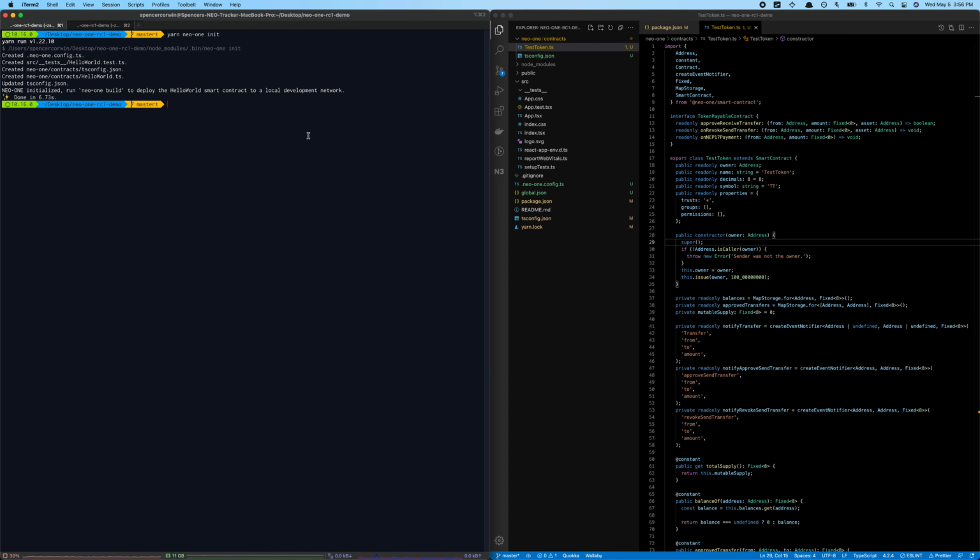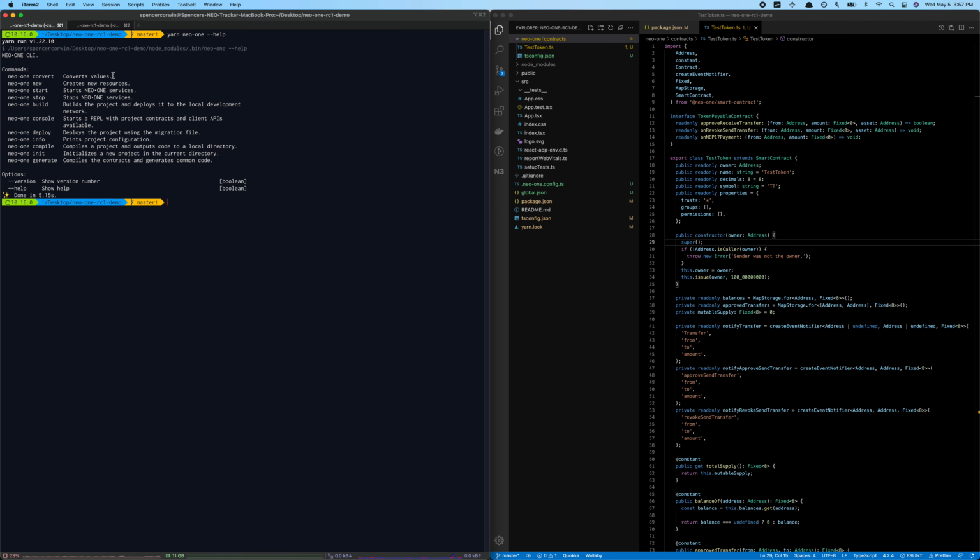And so what we're going to do next, after you've written your smart contract and have it in the contracts folder, usually we'll start with the compile command. Note that you can always do yarn neo1 help, and it'll tell you exactly what commands are available to you and what they do and the options available. So let's see, we did init. Right now we're going to do